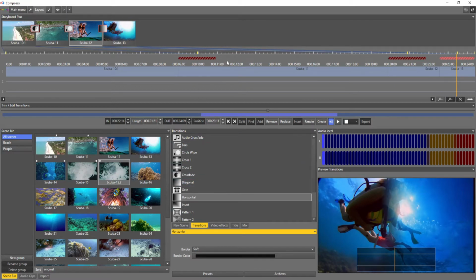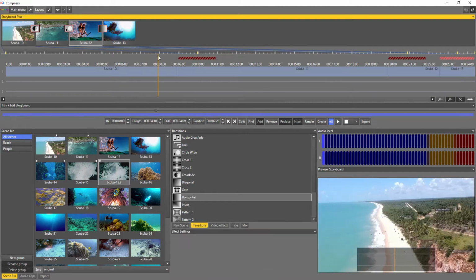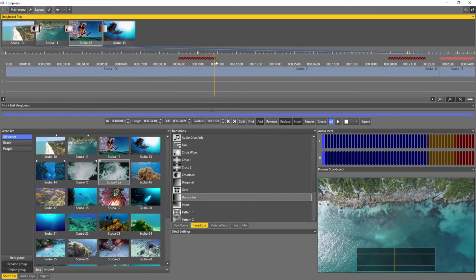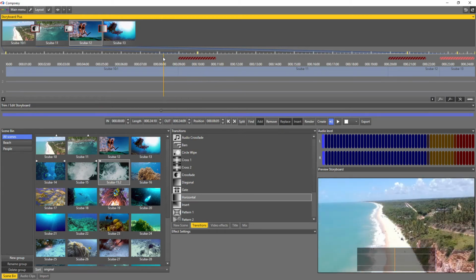Seen here are the red striped bars. Those are the transitions moving from one scene to the other. Clicking here and dragging the mouse will show the current transition.